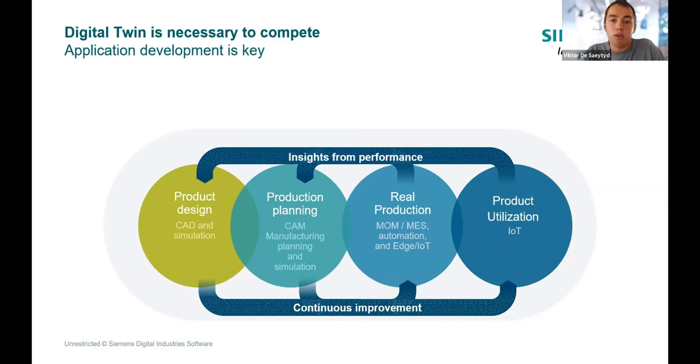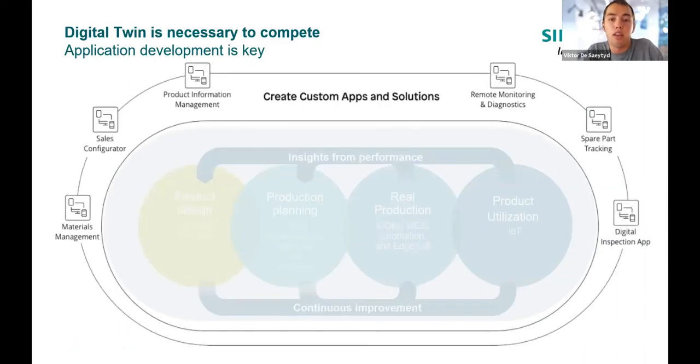So these are quite standard things. We in Siemens have all the tools there to help you create these digital twins. But what we see more and more happening is that around these digital twins, there's a huge need for developing applications. These applications can vary a lot, but rather than thinking about how we can buy certain products, we see more and more the need to develop your own applications and make applications yourself.